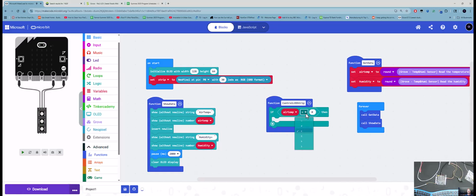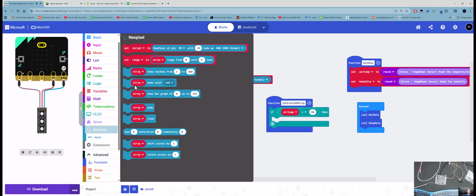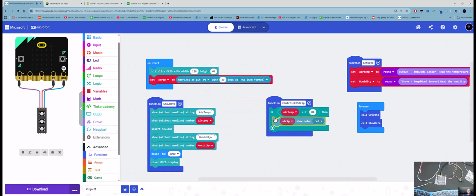Let's say if that temperature is over 84. Okay, remember I'm in Fahrenheit. I want my LED strip to turn red. Now, if it's less than 84,